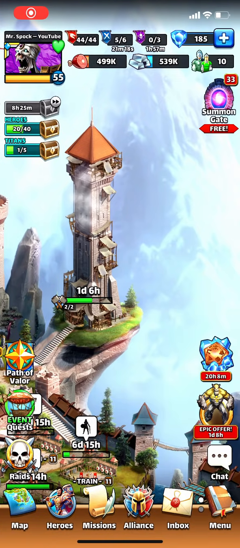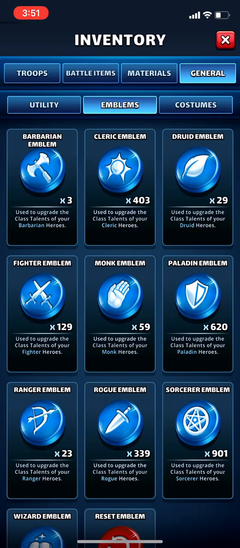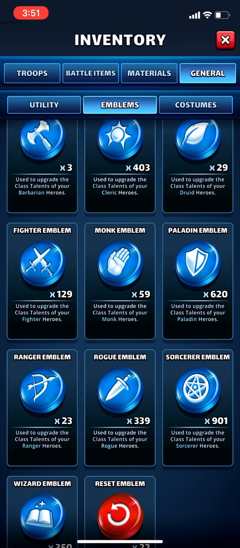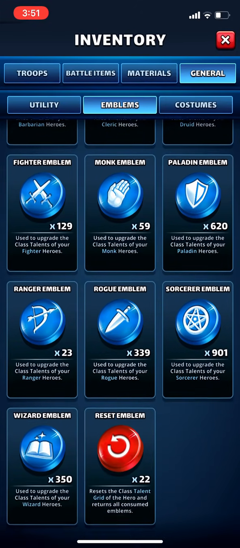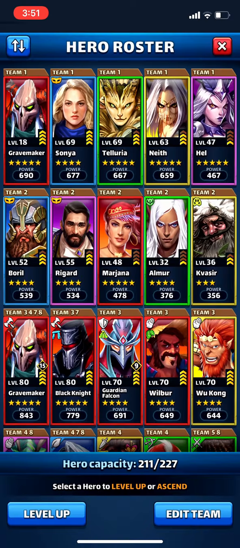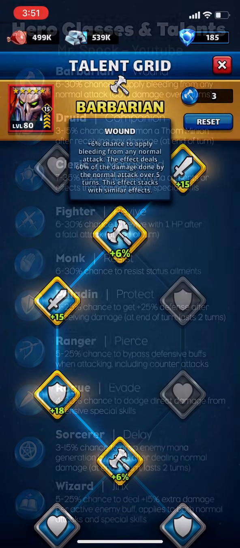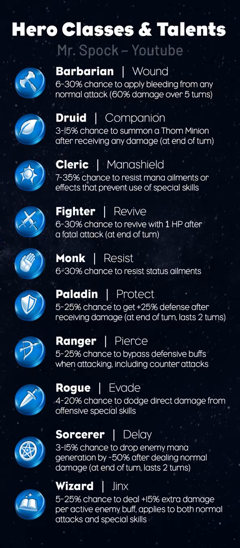At a certain point, emblems become one of the most valuable resources in the game. For this reason, I don't recommend giving them to just any heroes. Basically, they allow you the opportunity to boost the stats of a fully maxed and ascended hero and give them a talent, which is predetermined by the class of the hero. What heroes you choose to put them on will vary depending on how you intend to play the game,